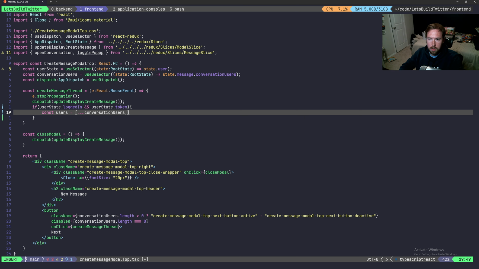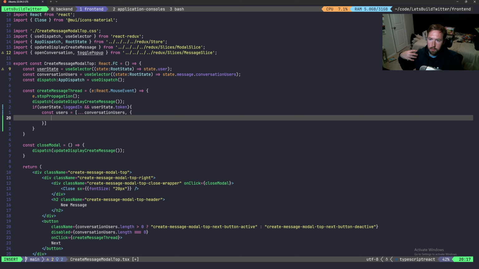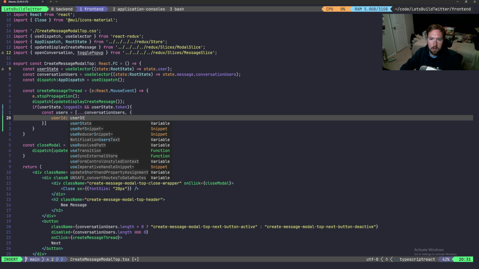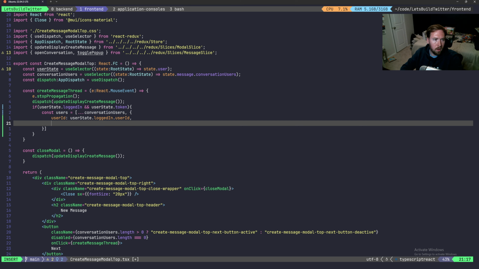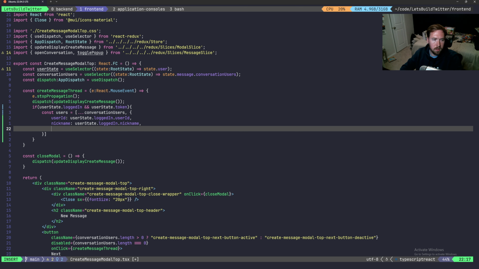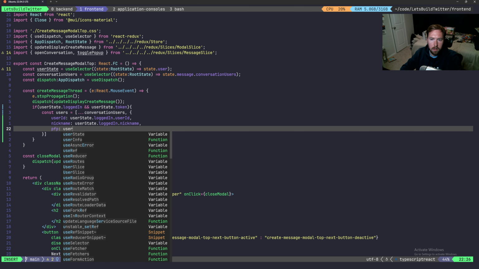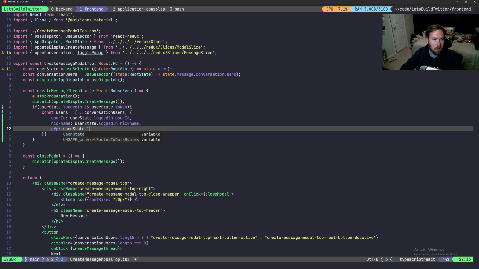conversation users. And then we're going to go ahead and add ourselves in there as well, because whenever we create or open the conversation, we're involved in it. So we'll have our user ID, which is going to be user state dot logged in dot user ID. We're also going to have our nickname, which is user state dot logged in dot nickname. And then we'll also have our profile picture, which is kind of annoying to do, but PFP: user state dot logged in dot profile